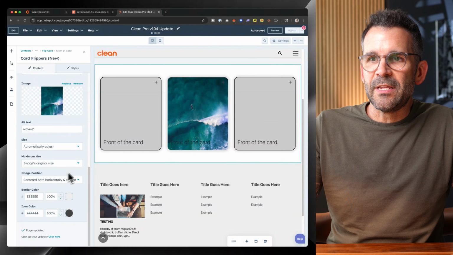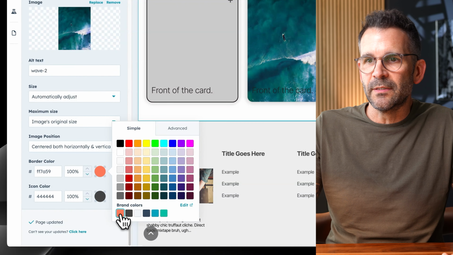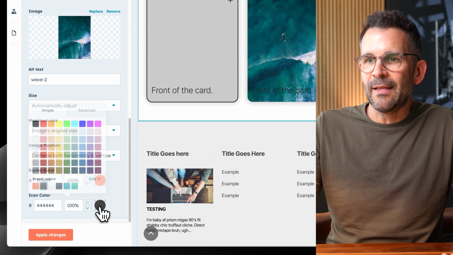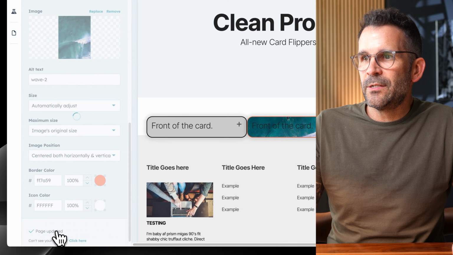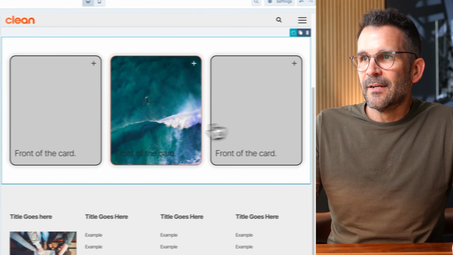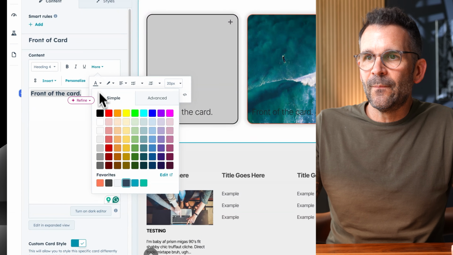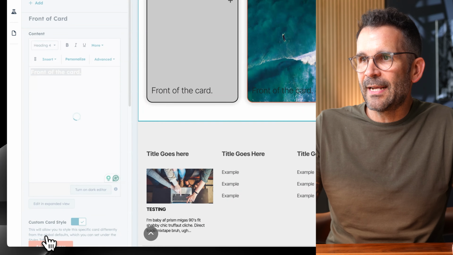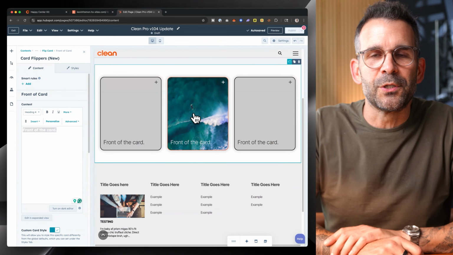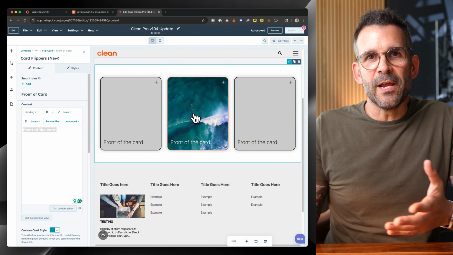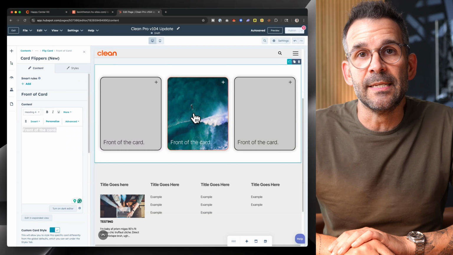But then you can come down here and change things specific to the card. So maybe we want to give this a little orange, and we need to make that little icon color white. So we can go ahead and change that. And for good measure, let's bring this completely home and make that white text. And well, that orange border looks a little ugly, but that's all right. I'm just showing you what's going on. At any rate, you have a brand new card flipper module that you can start to utilize in the Clean